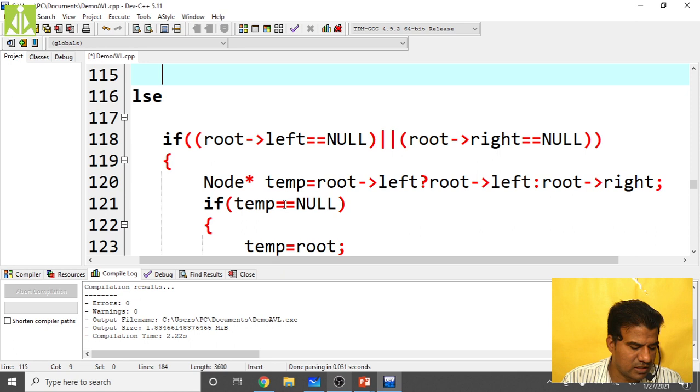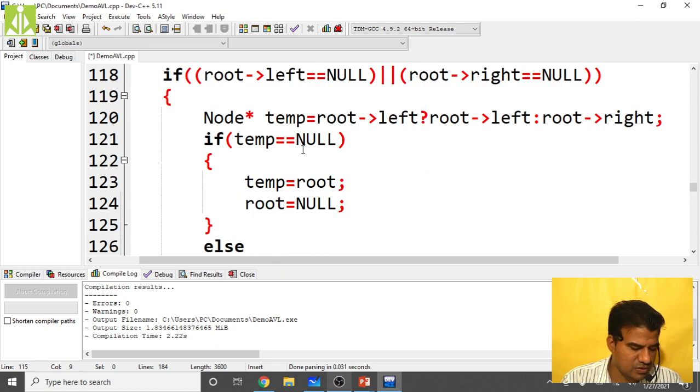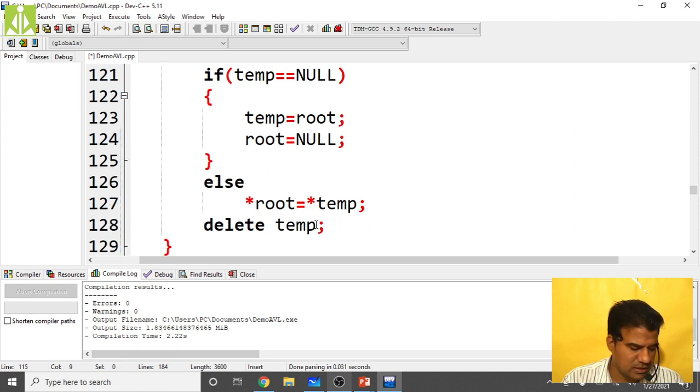This is correct. And after this, if temp equals null, make temp as root and root as null. Good. In the else case, make root as temp, then delete temp. Okay, good.